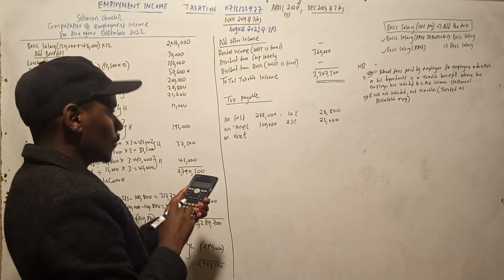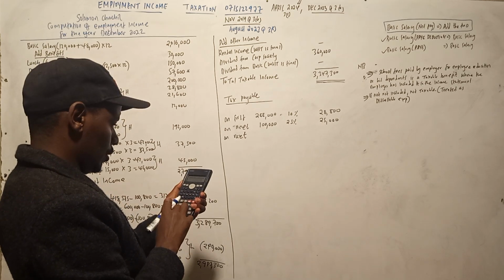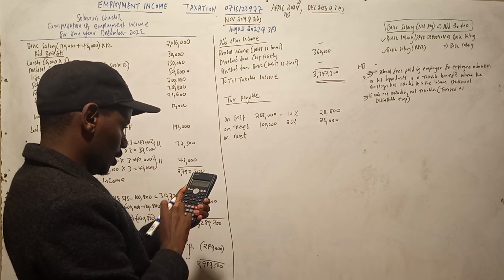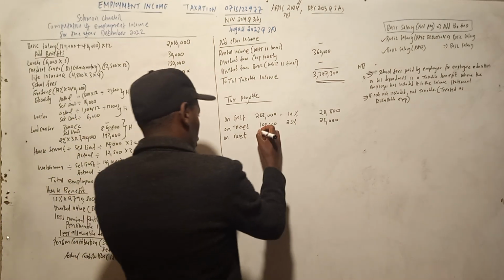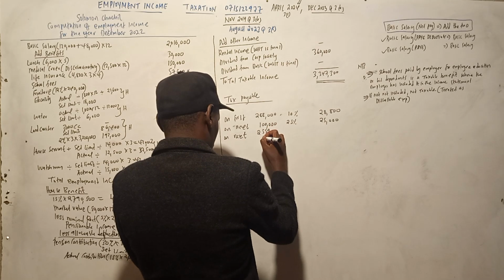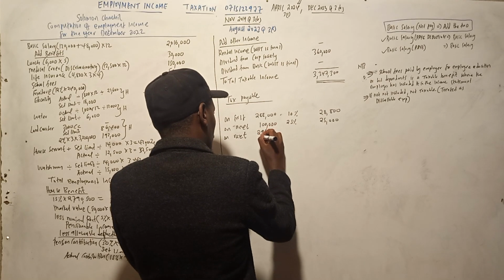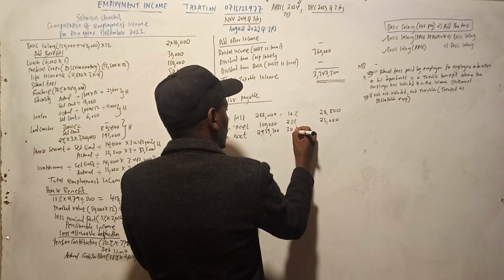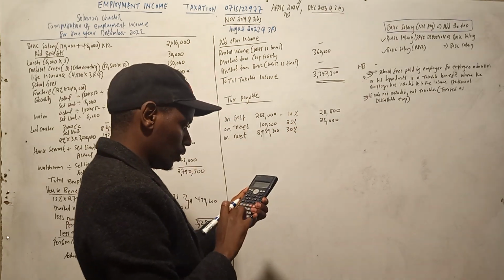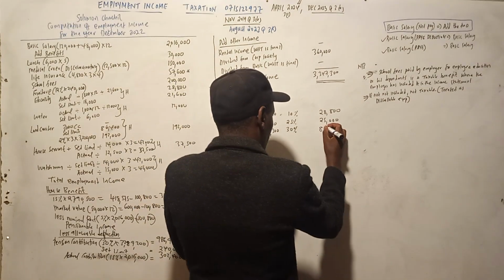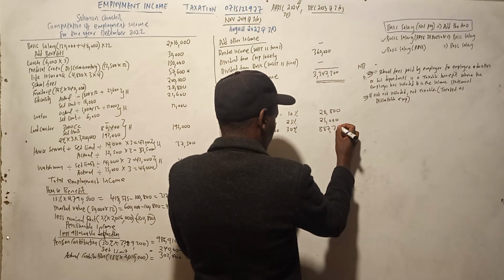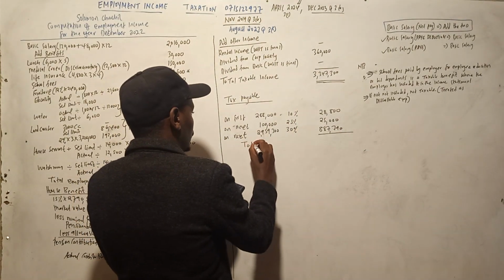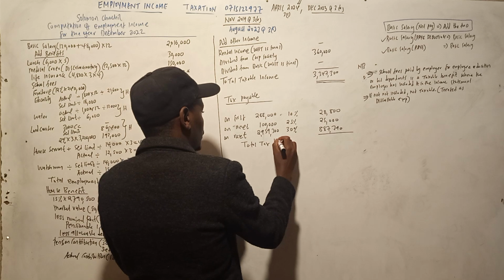So tunachukua ile 33,47,300 minus 100,000 minus 288,000, which is 29,59,300. Then the rate is 30%. So times 0.3, which is 887,790. So we add to get the total liability, total tax liability,